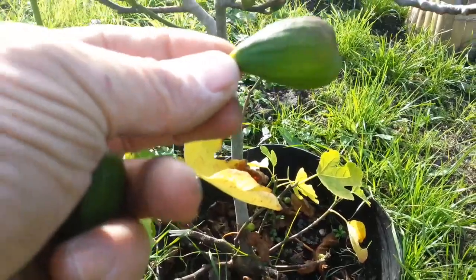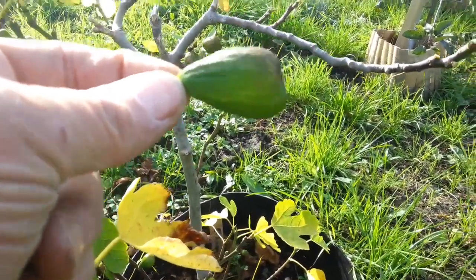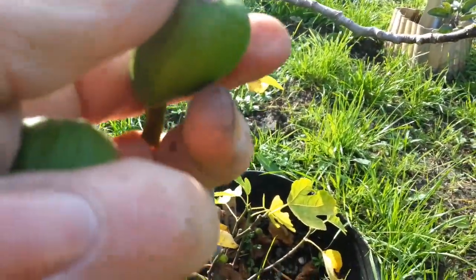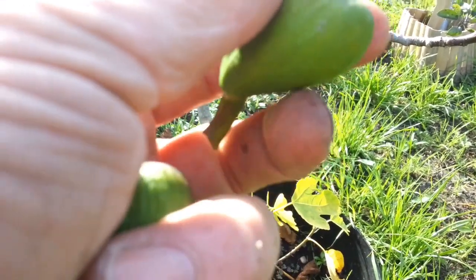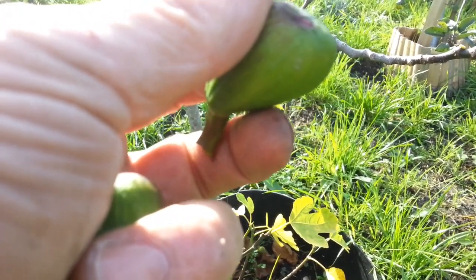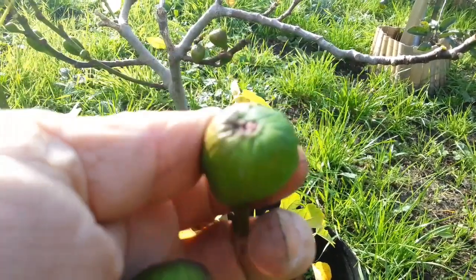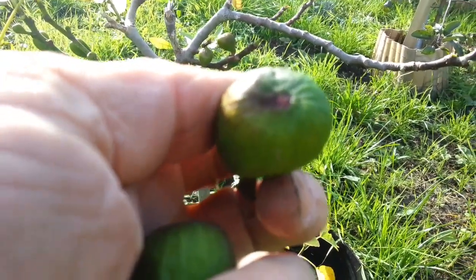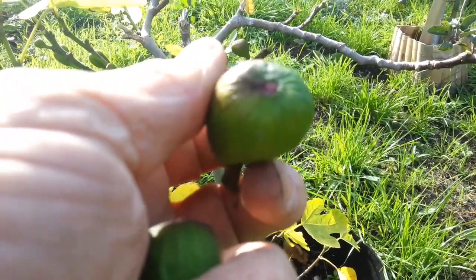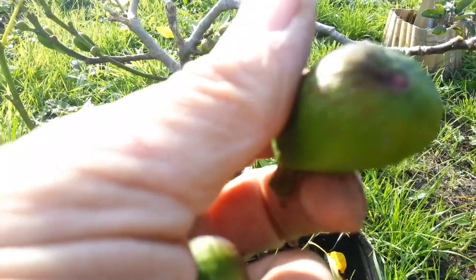Well, a fig doesn't flower. Well, it does flower, but it flowers internally, so it actually flowers inside the fruit. And the little hole at the bottom there is so that it can be pollinated by what is called a fig wasp, and the fig wasp is the size of the eye of a needle. I'll put all this information up at the end, but it's the size of the eye of a needle, so really, really tiny, and it crawls up through that tiny little hole